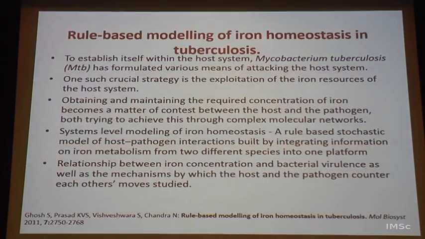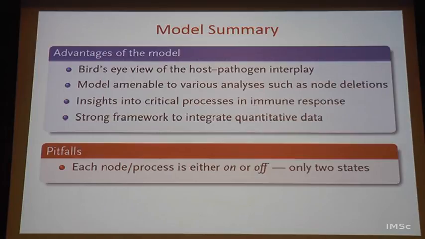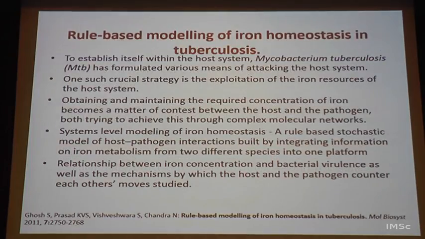Okay. So, there are obviously limitations to this, because in this case it was 0 or 1, but like I said, people use probabilistic Boolean models and then look at this in a somewhat semi-quantitative fashion. But then it can give you a large amount of insight into critical processes in immune response or a signal transduction pathway, whatever you are looking at. And it's actually a good framework to integrate quantitative data where it is available, then map and see which one comes out better.